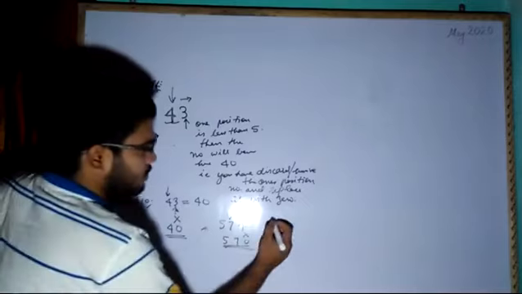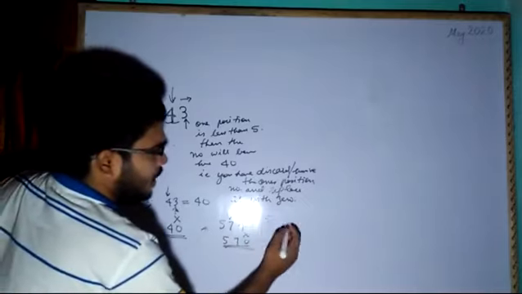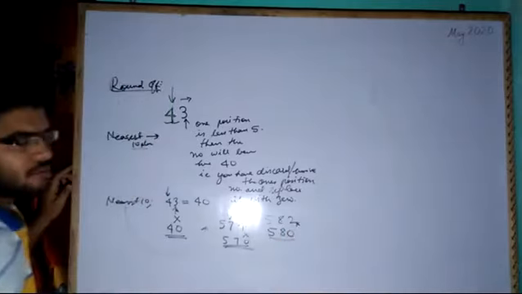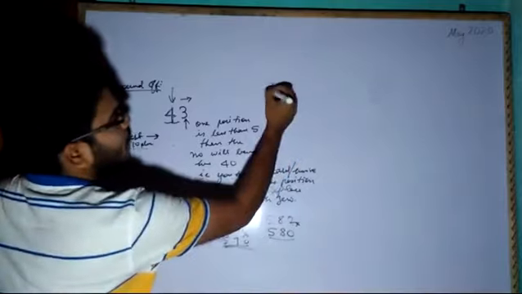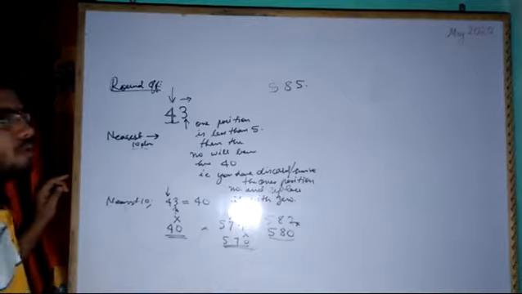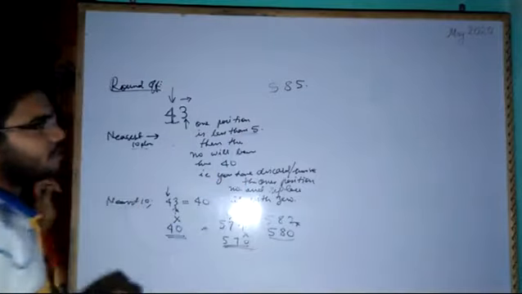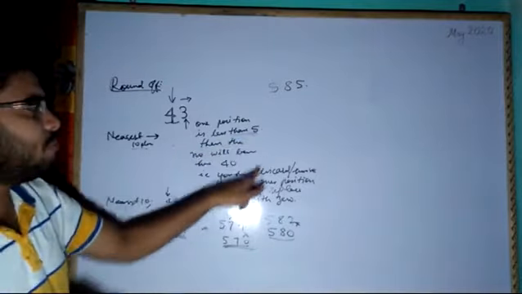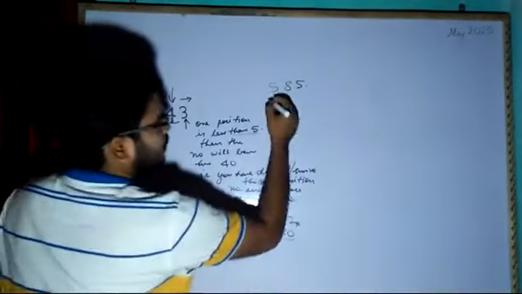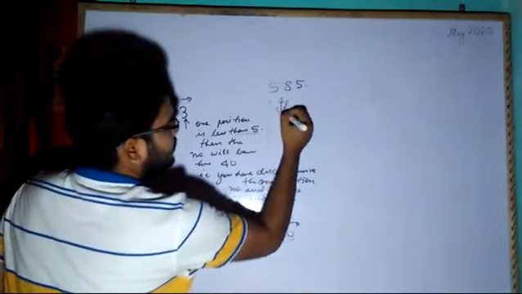Now if you have a number like 582, then your number will be 580. You remove this and write 0 because it is less than 5. Now suppose you have the number 585, what are you going to do? It was said that when the digit is less than 5, it is removed and replaced by 0. But if you have the condition